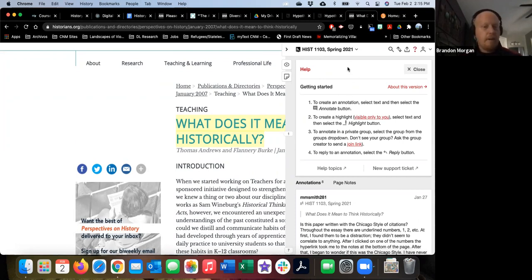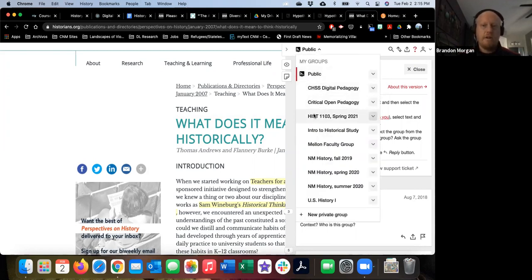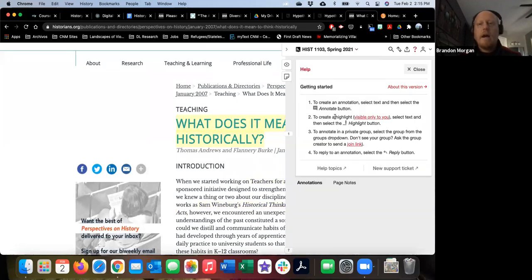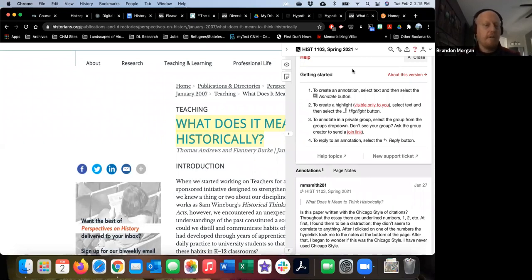Sometimes if you get to hypothesis by just opening up the article, when the tools come up, it will ask you to sign in over here. So you just click there and use your login credentials and sign into hypothesis. Sometimes it'll default to public for the group. So if that's the case, you'll need to click the arrow and then choose our class group. You probably will only have public and our class group unless you've been using hypothesis on your own. So that's how to make sure that you're actually posting your annotations with our class.